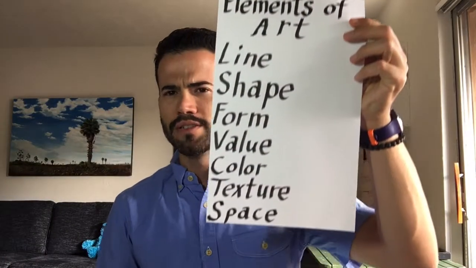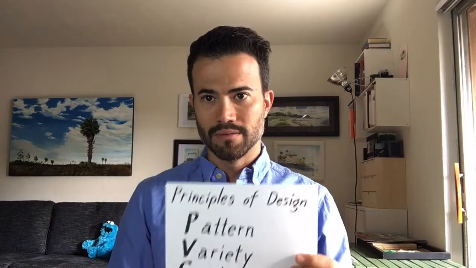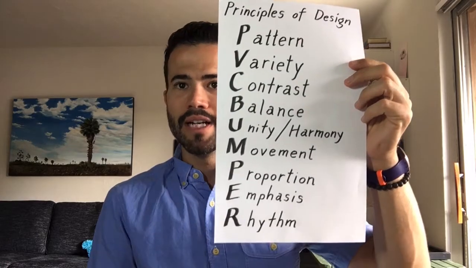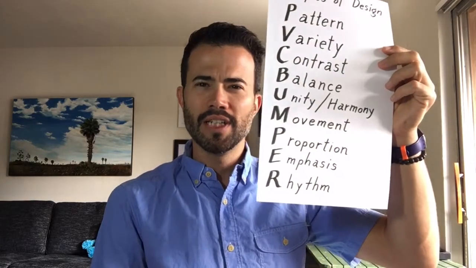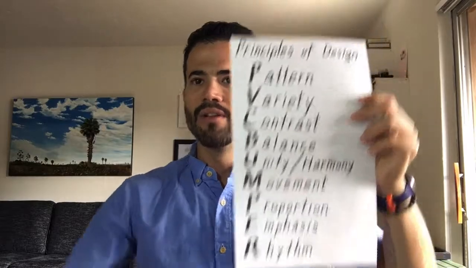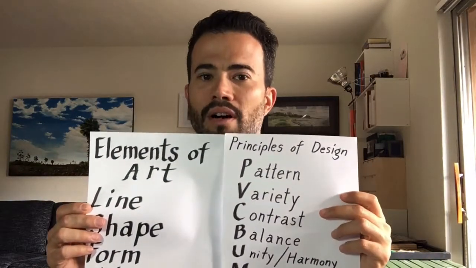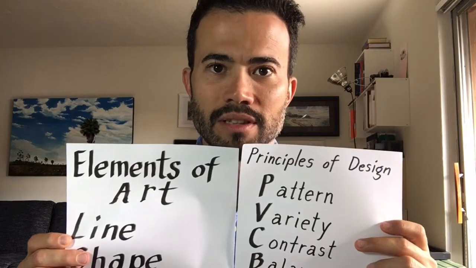So the elements of art are the ingredients, okay? Elements of art: line, shape, form, value, color, texture, space. Those are the ingredients, and the recipe that you follow would be the principles of design. PVC bumper: pattern, variety, contrast, balance, unity, harmony, movement, proportion, emphasis. Now, all of these ideas do not have to be used within one art or design work. Pick a couple of them, work with them individually, and try to